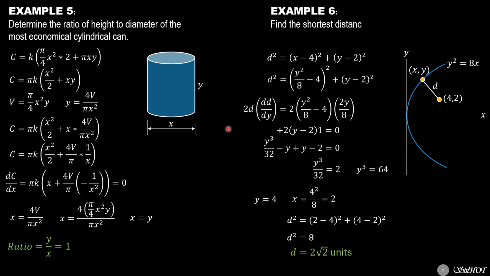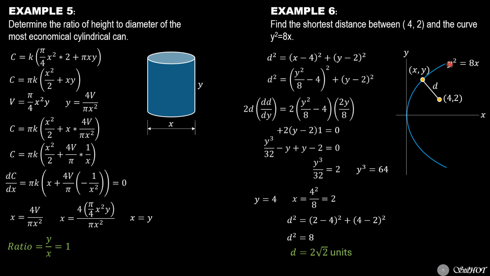Find the shortest distance between point (4, 2) and the curve y squared equals 8x. Y squared equals 8x is a parabola open to the right, length of latus rectum 8. So when we plot, (4, 2) is here, not on the curve, and we have a point here which is closest, somewhat closer to this point here at (x, y). Then (x, y) should satisfy the equation of that curve.